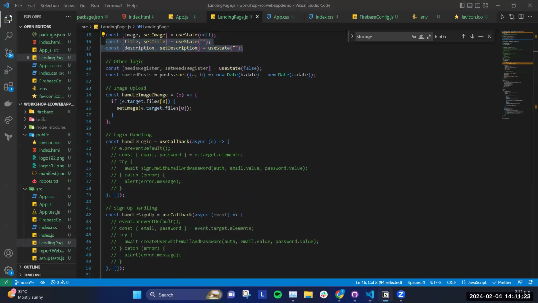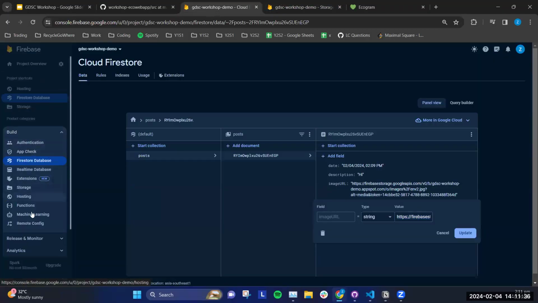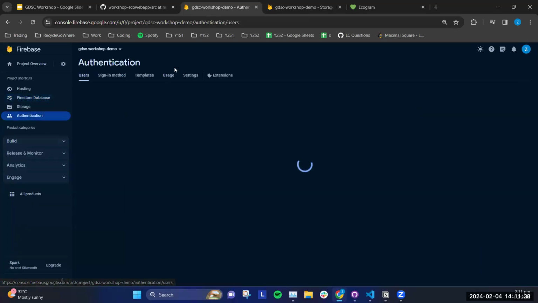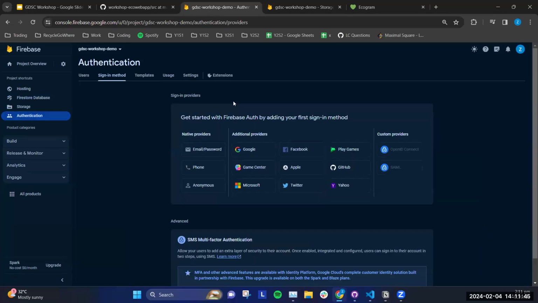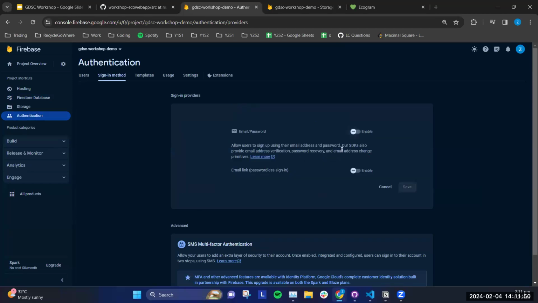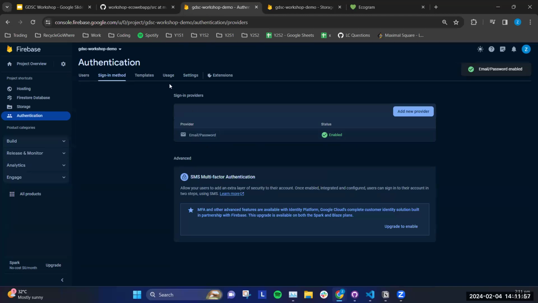So that's it with storage. It's quite simple. And the last thing I want to do is to do authentication. Okay. So we'll set it up like the other ones. We will look for authentication and we will get started here. So what authentication is that we will be setting up a system for users to log in through email and password. So enable email and password. Okay, and then